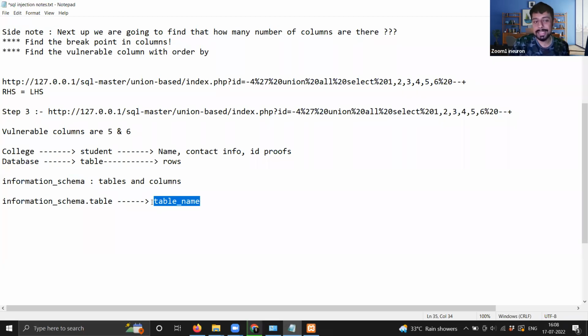So this was a quick example to make you understand. I repeat: hey, bring me that book. From which section? You'll say, or maybe I'll say, hey, bring me that book from the library, right? So this is the library, because information_schema is keeping all the records, like I mentioned a few minutes back. So information_schema.tables has the information related to tables,